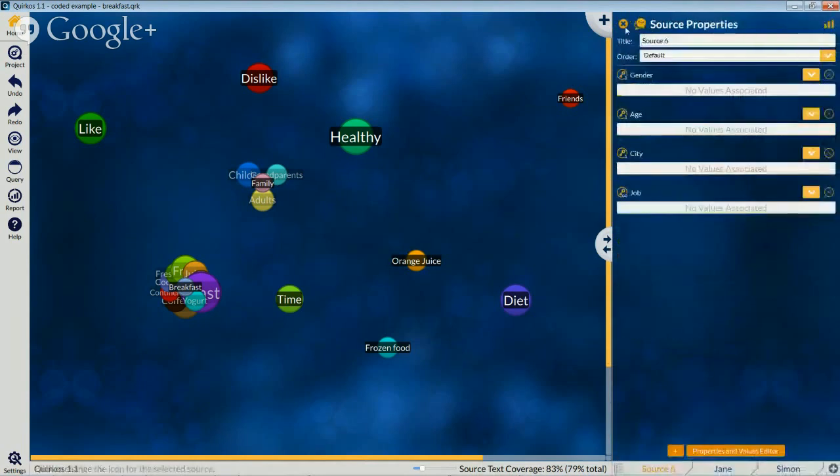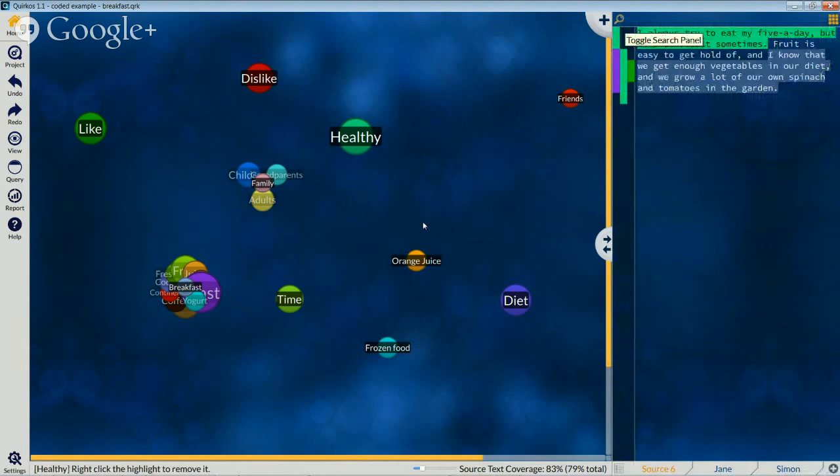Okay, so really the focus of today is looking at, to assume that we've done some coding, we've done some analysis of the data, described our source properties, and maybe explored the data a little bit. Well, how can we get this data out of Quirkos and into a report we might be writing, a presentation, or into some other kind of software? So we're going to go through some of the options for that, because there's quite a lot of different things